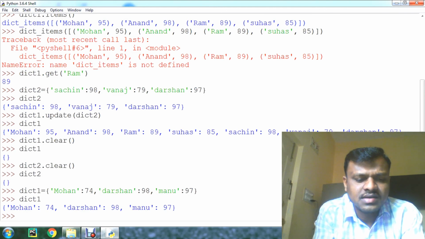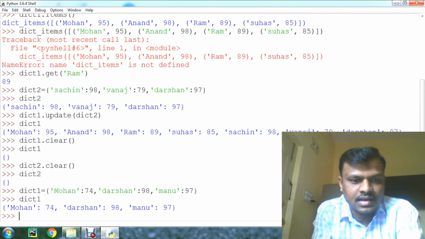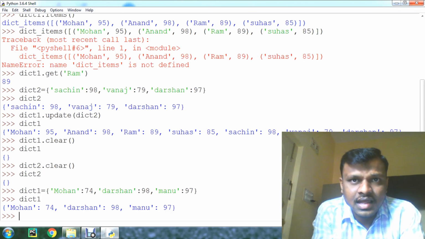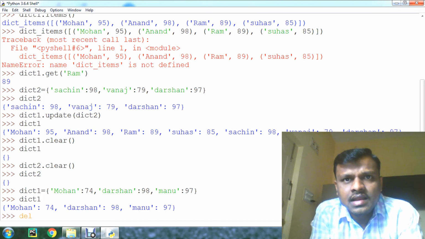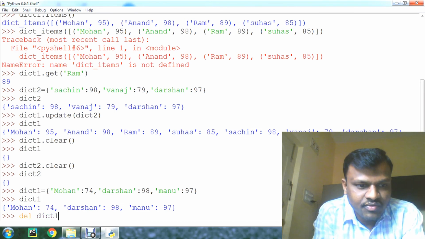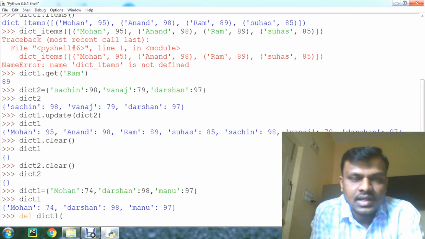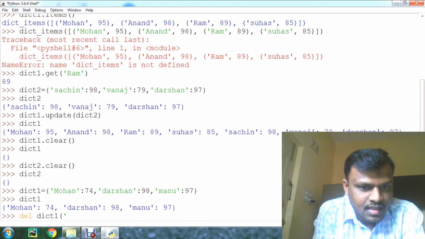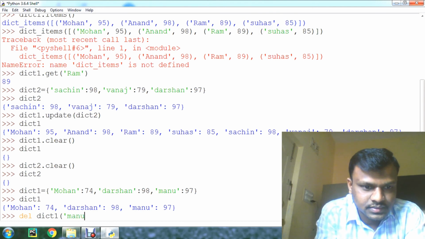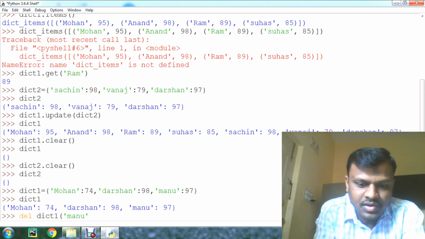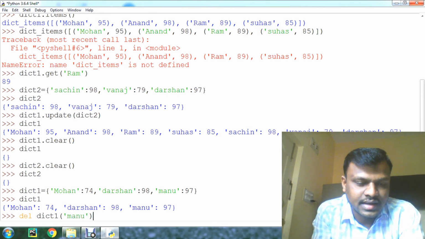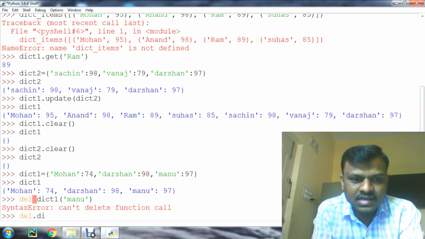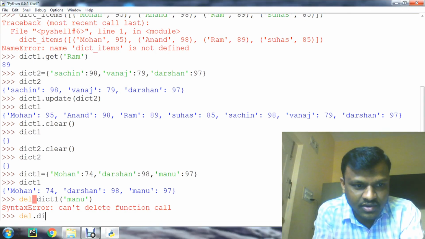Now I want to delete a particular element. For that, I can use the delete statement, like del dictionary 1 of, let's say Manu. I am passing the key Manu to delete that record. Okay, here is a syntax error. I have made a mistake there.